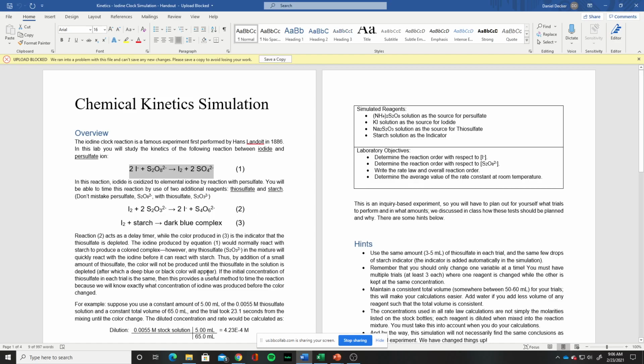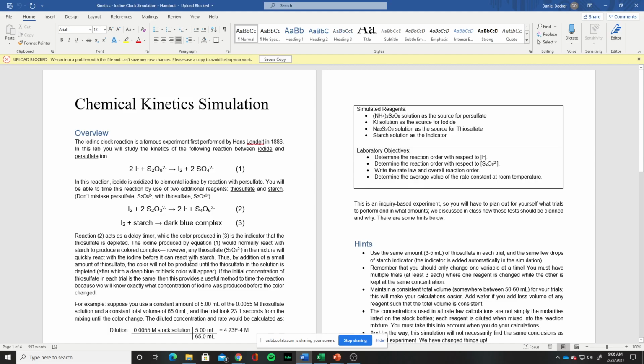So I think all that stuff that I just talked through is pretty much just summarized here, I believe. I don't think I want to read through all that. Initial concentrations, I saw the same. Well, there's a little bit extra there, so I guess we'll go ahead and read through this. So up to here maybe. So it's talking about pretty much what I just said up to here, and then it says, thus, by addition